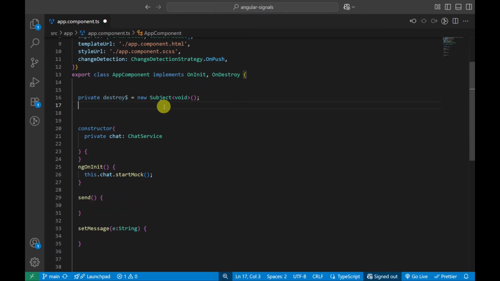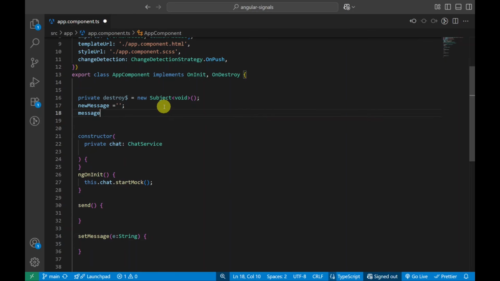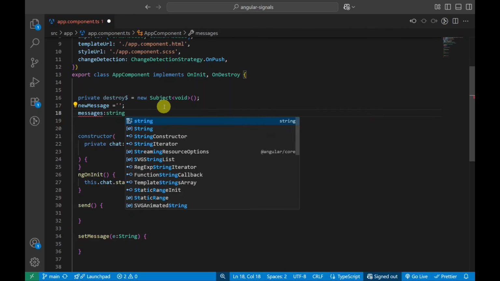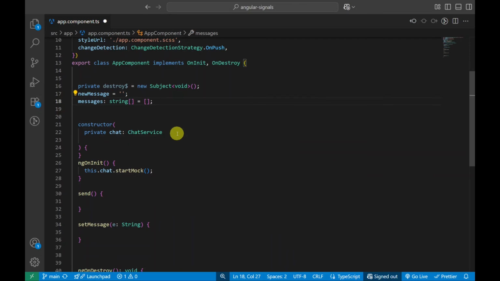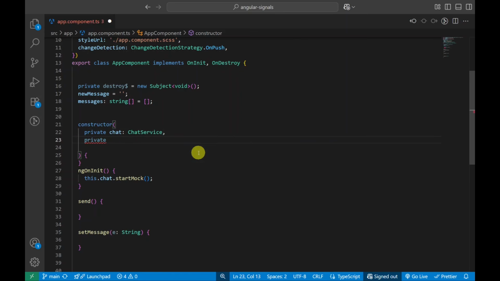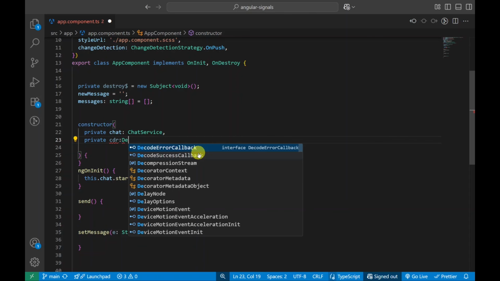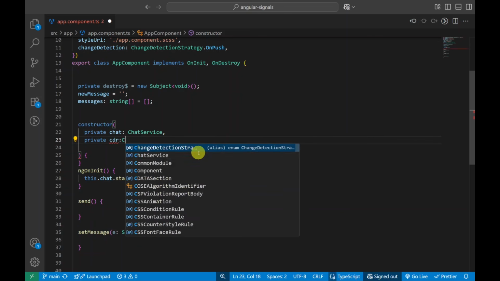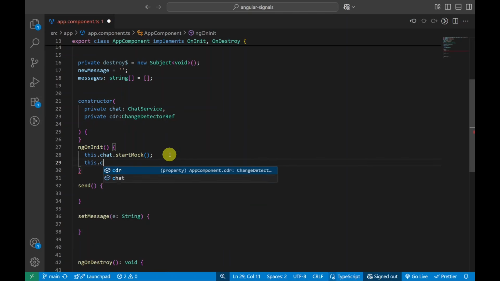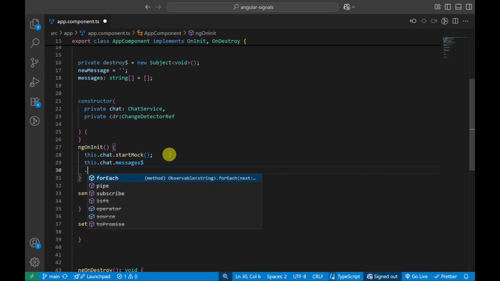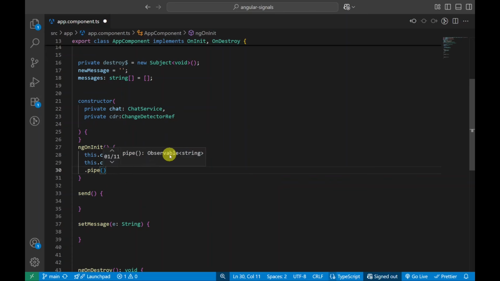This is the old way of handling a live messages list in Angular. First, I make a new message variable that is an empty string, and a messages variable that's a plain array. In a constructor, I inject ChangeDetectorRef for updating the UI, and in ngOnInit, I start the mock chat service.